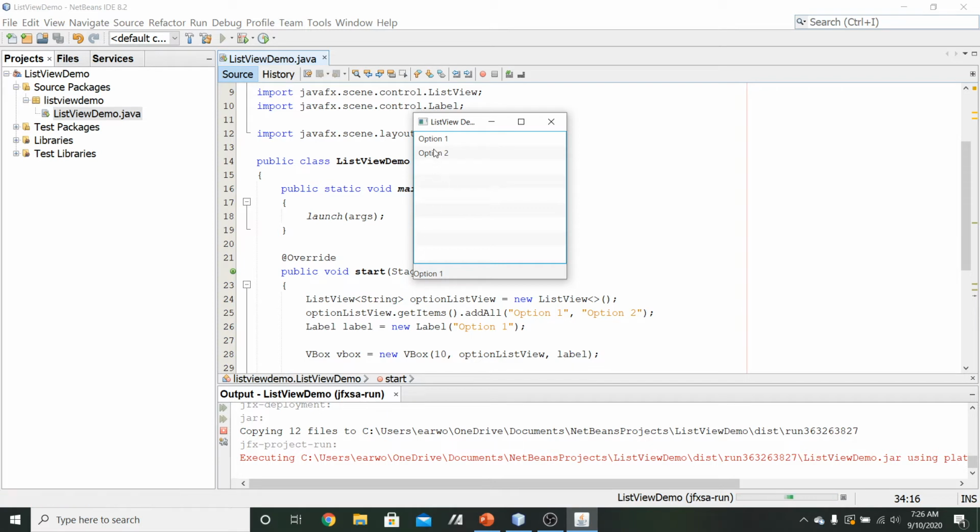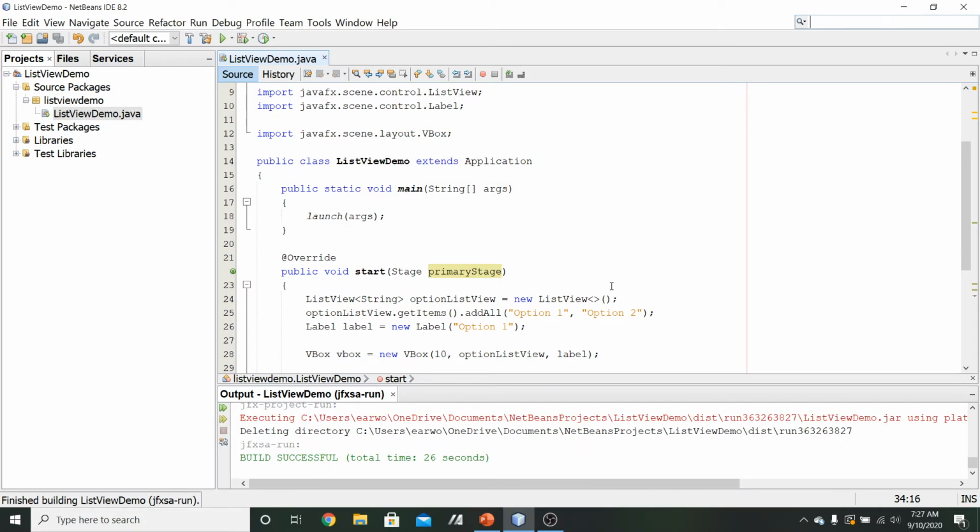So we've got our two options right here, and you'll notice that the list view itself, the height of it, is pretty long, and we've got a lot of extra rows and columns in this alternating white and gray pattern. Ideally, I don't really need it to be quite as tall as it is. It also doesn't need to be as wide as it is. So I'm going to take advantage of that